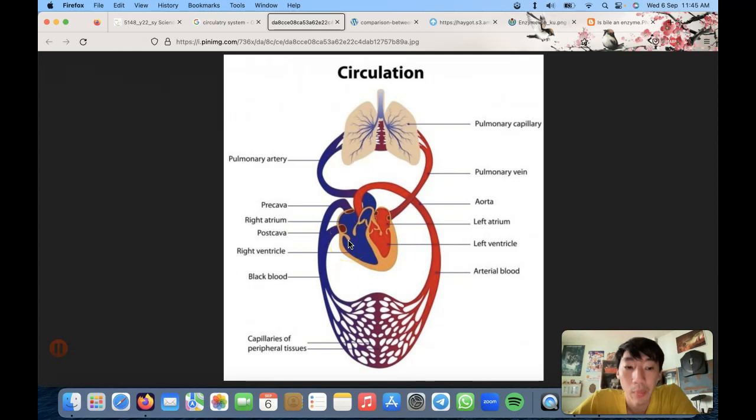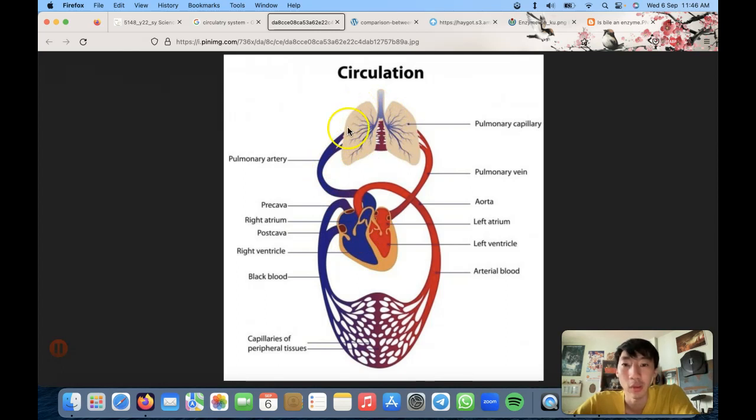Okay, so what happens, right? The blood is brought back by the veins towards our heart. So the rule of veins: they always carry blood towards your heart. Okay, towards. Now you see this blood vessel over here is bringing the blood away from the heart towards the lungs. So is it a vein or is it an artery?